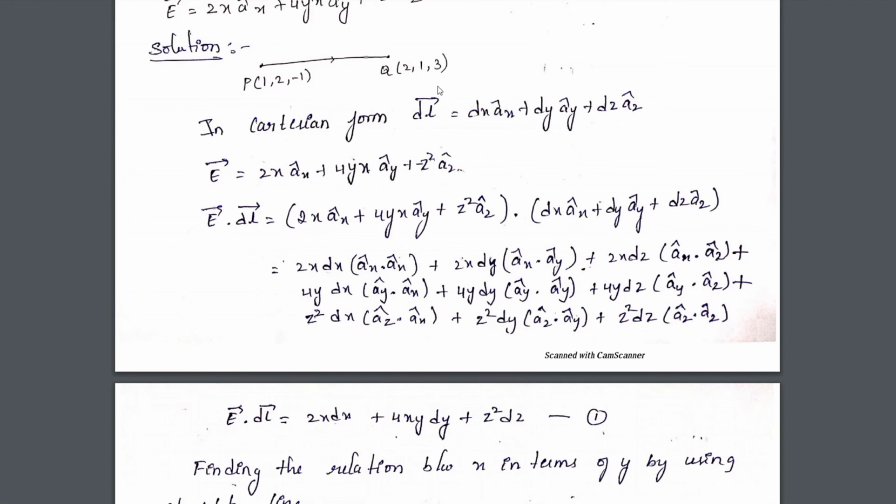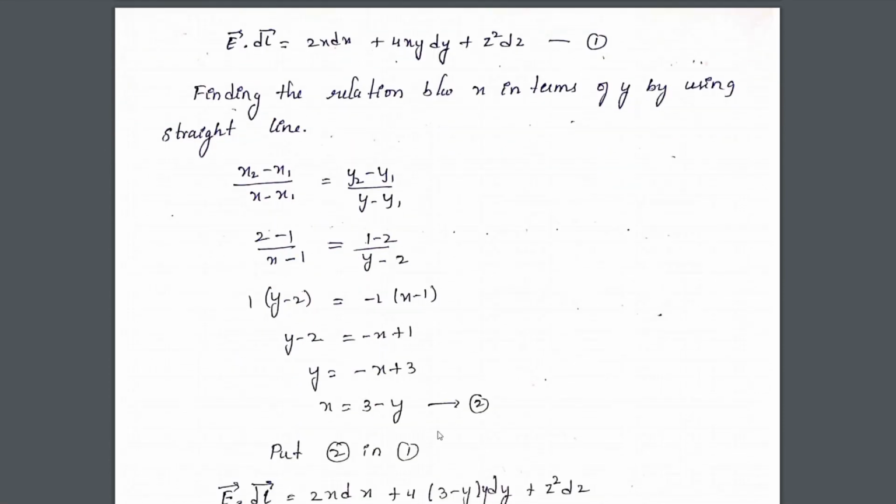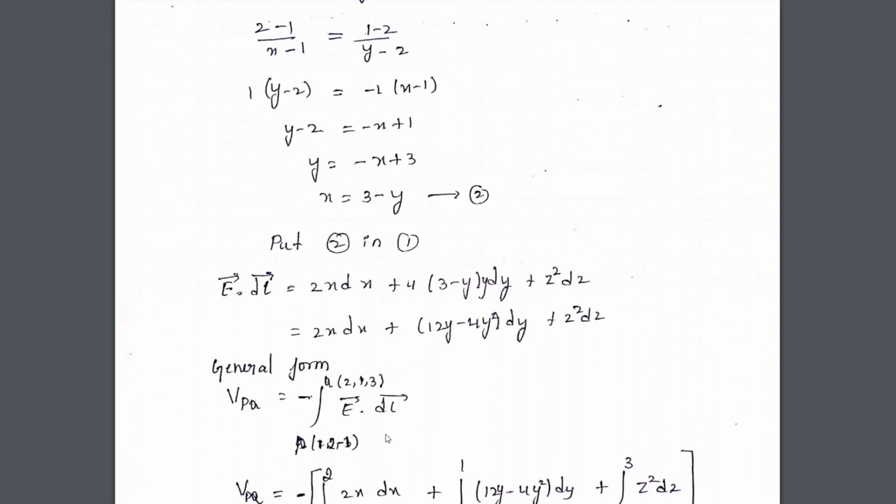Understood? So if all the values are varying, you need to integrate equation 1. How to integrate here also? The first and last terms are single variable, you can do them. What about the middle term in equation 1? X and Y combinations are there. So what we are going to do here is convert X in terms of Y by using that straight line, and then we substitute and integrate. That is the difference you should do. And then what are the limits while integrating? You integrate from P to Q. And homework is given. If you want, you can do it. Otherwise, you can just revise whatever is done.